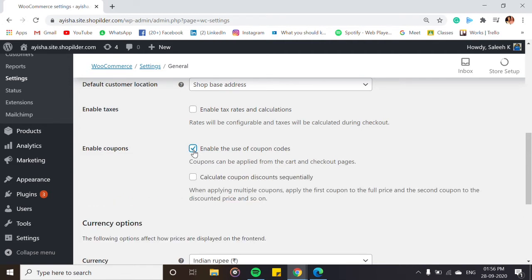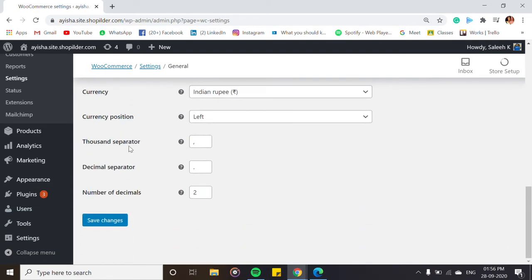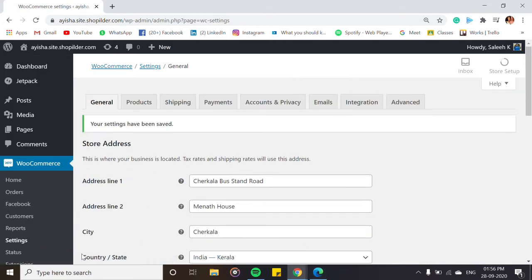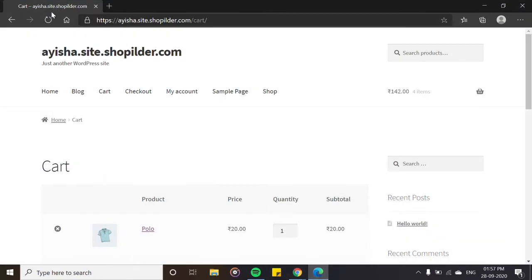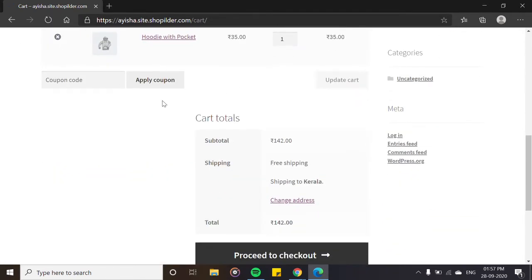You need to check this and save it so that your coupon works. Let's go and check. Let's refresh the page, and now you can see the coupon adding part.